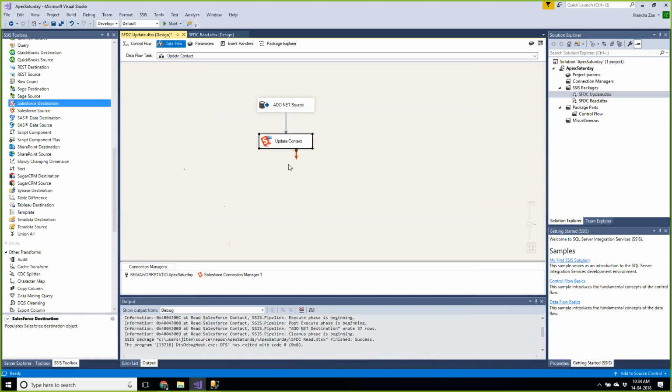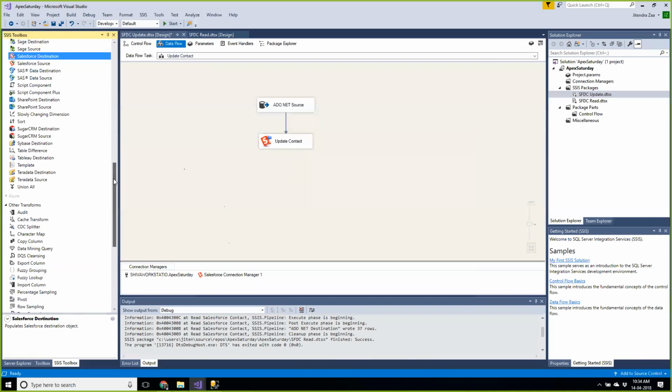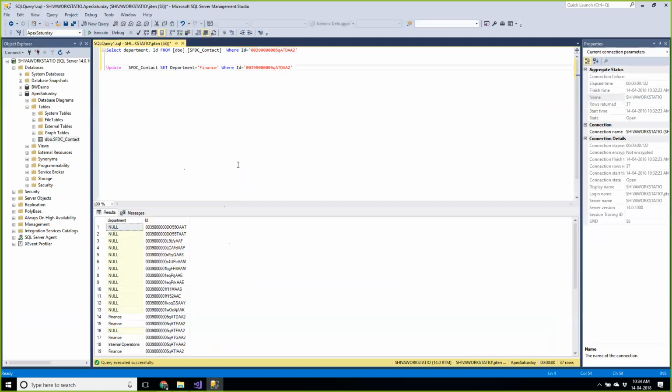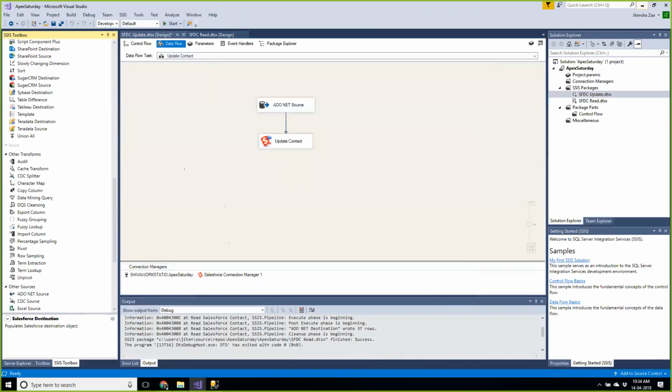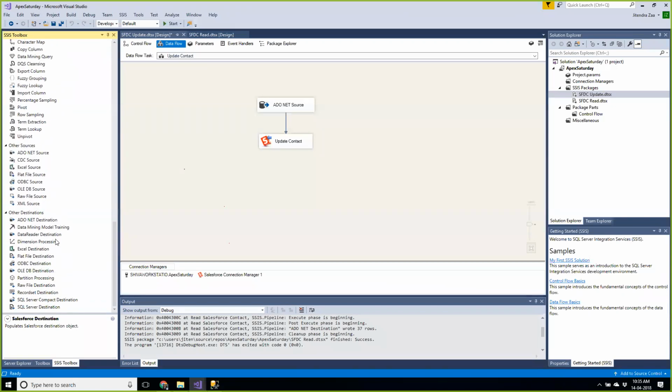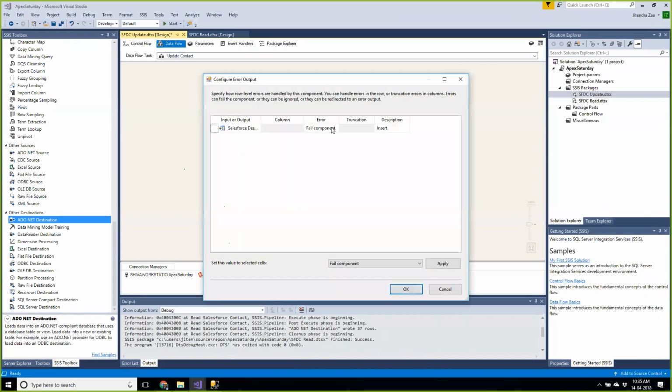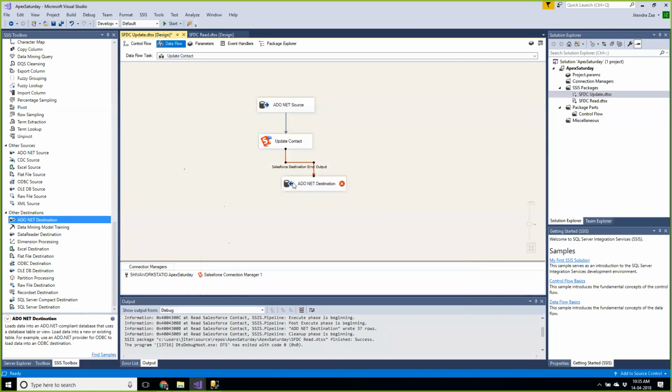Now sometimes it happens when we try to perform some operation in Salesforce, it might fail because of some error. So let's try to capture the log. Log can be saved anywhere. Again, it can be saved in SQL Server, it can be saved in some Excel sheet, some CSV file. So just to make it simple, I will still save the log again in SQL Server. So just drag and drop, and you have to select as a redirect row in error, and just go here,